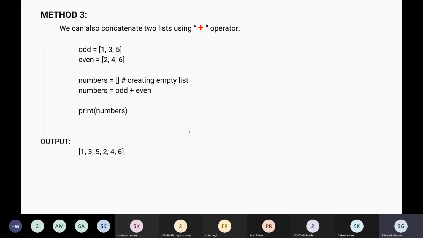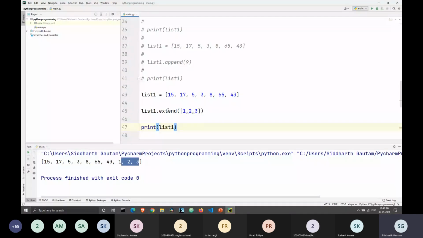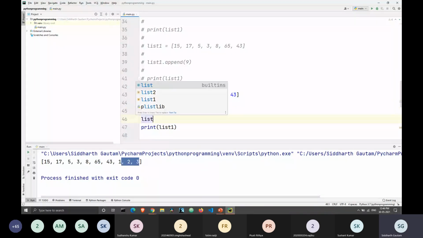You can also add to a list using the plus operator. Let's say I have a list1 here. I will declare a list2 here, and list2 will be, let's say, 5, 6, 7, 8. And I will write list1 is equal to list1 plus list2.